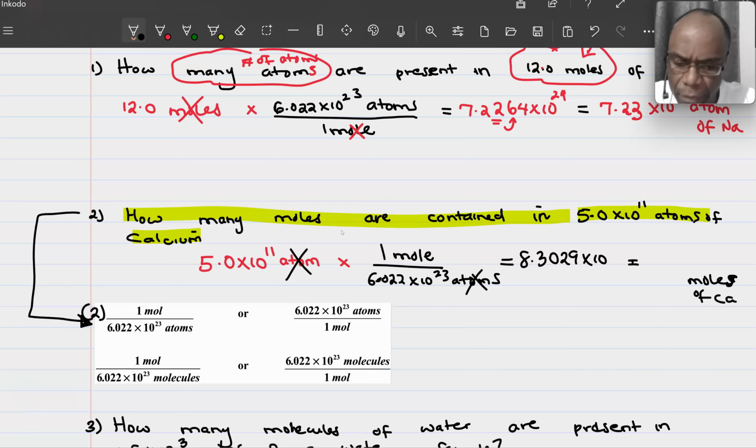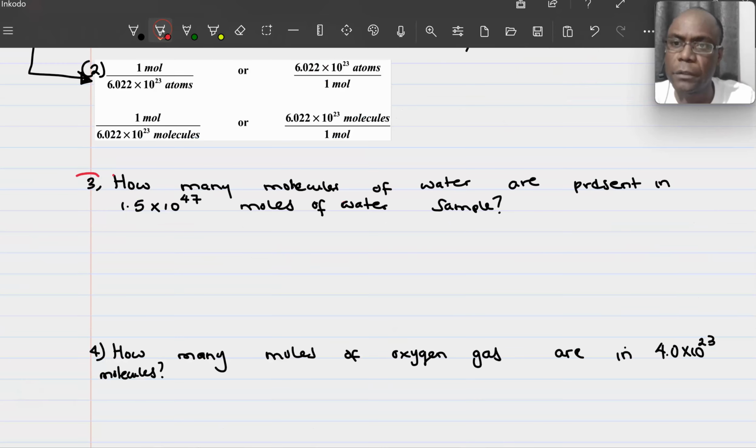Okay, and that is going to be reported to two significant figures, so it's 8.3 times 10 to the power negative 13 moles of calcium are contained in that many number of atoms, 5 times 10 to the power 11 atoms. Question 3. How many molecules of water are present in 1.5 times 10 to the power 47 moles of